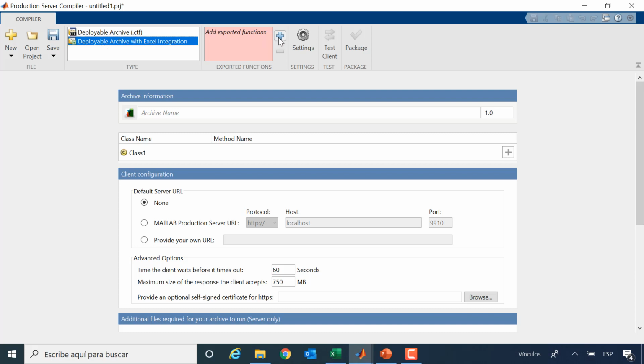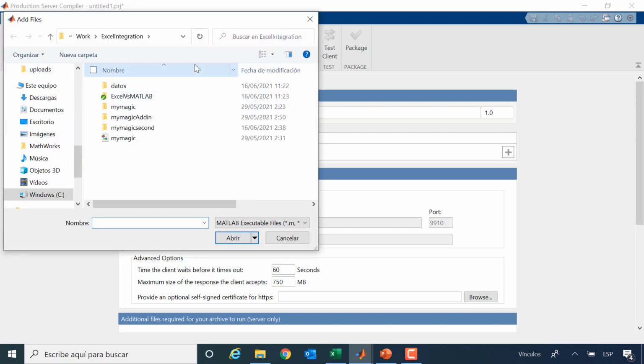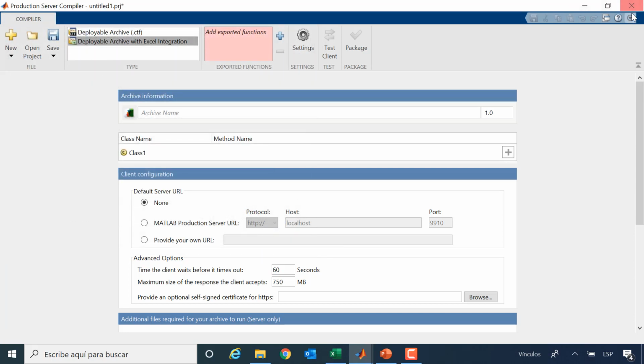And then what I will do here is I will pick up my magic, which is the file I want to convert, and click here, OK. I'm not going to do it because I already have done it before.